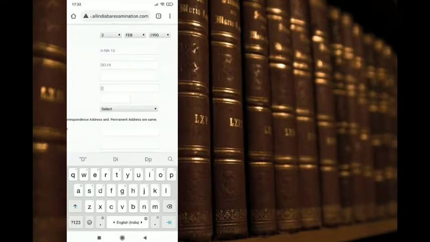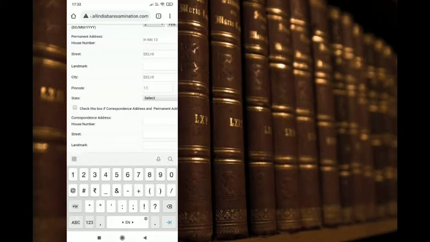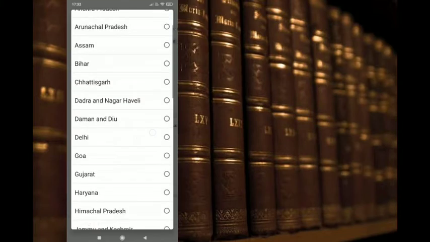In the city we have to write Delhi. Then we have to write the pin code 110001, and the state would be Delhi.